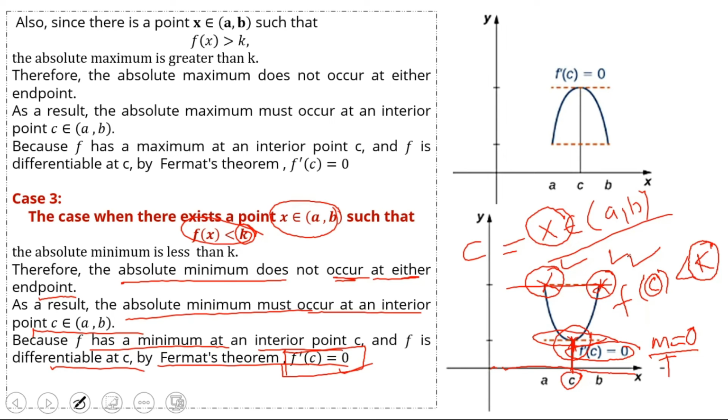So this is the proof of Rolle's theorem, and now we discuss some examples related to Rolle's theorem, in which we will see that if we have a function continuous on the closed interval and differentiable over the open interval, then the value of the function will be the same at the endpoints of the interval, and there will be at least one point c, our interior point, on which